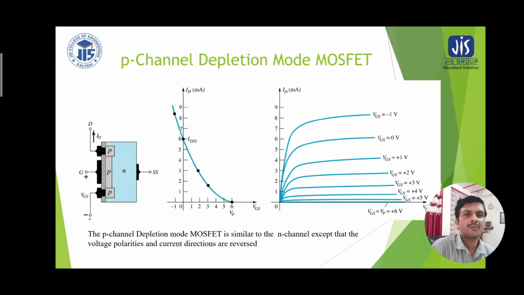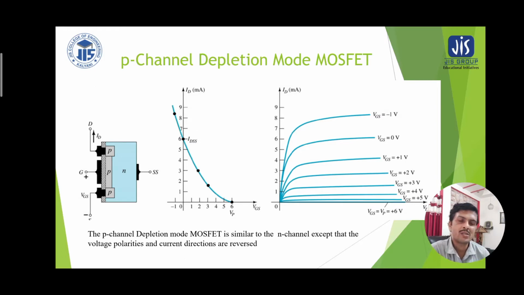So if we look at the configuration of the P channel depletion type of MOSFET, an N type semiconductor is taken, and a P channel has been induced at the middle for the channel construction, and thereafter there are two more P plus regions at the drain and the source end, and thereafter a silica layer has been coated over, through which two wells are created for the drain terminal and source terminal for a metallic connection. Now the gate terminal has been formed by the metal deposit over the silica layer.